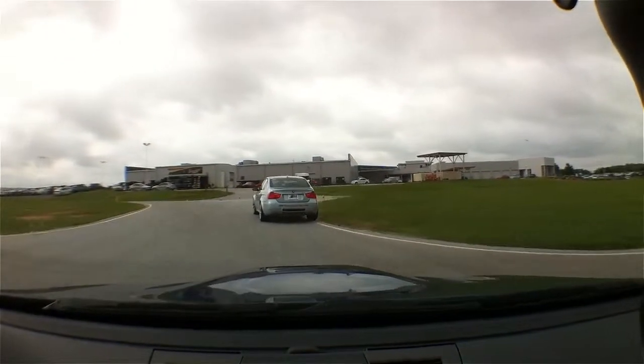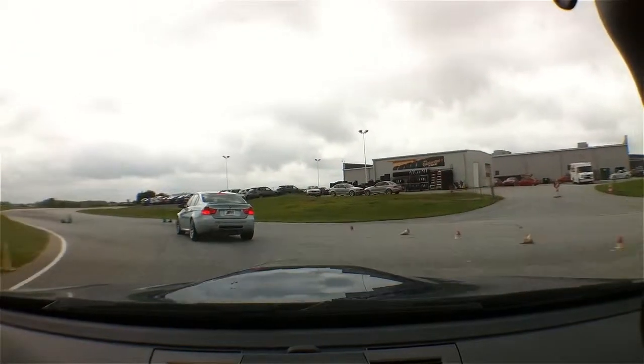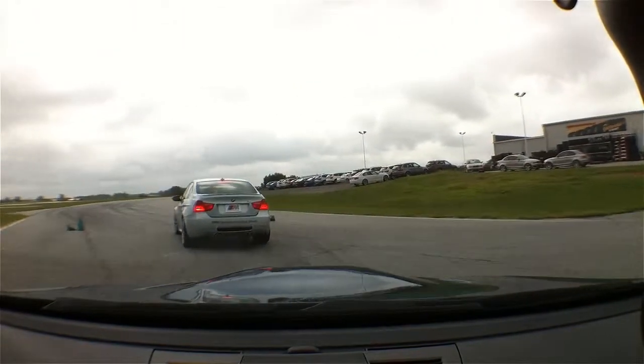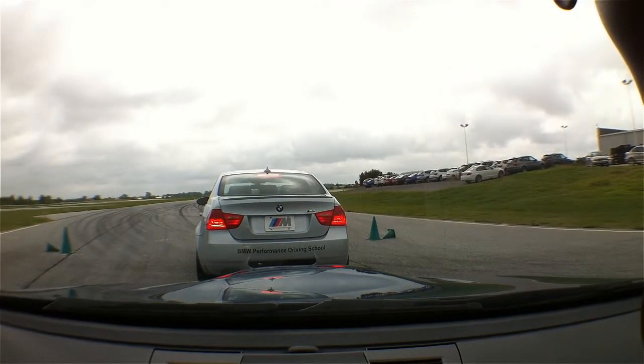Alright, so we're going to pull on up here in line and stop, and I'm going to take you guys for a quick demo ride here first of all. So, Mike, Pelly, and Chris, if you guys would jump on up in here with me, please. Just move your cars right